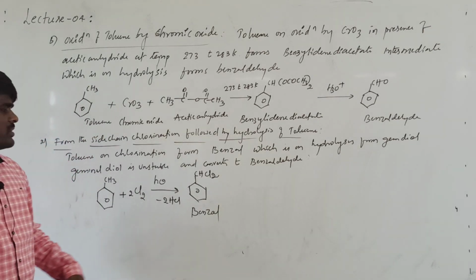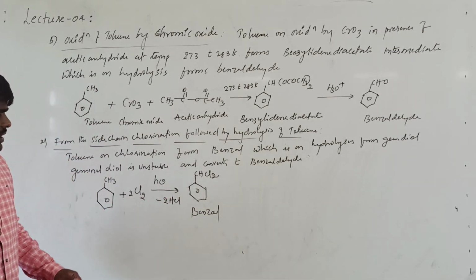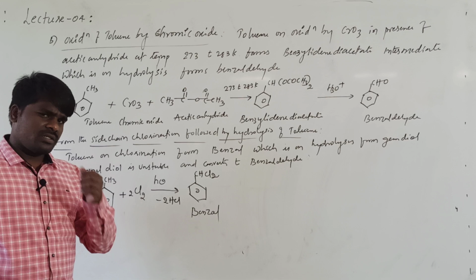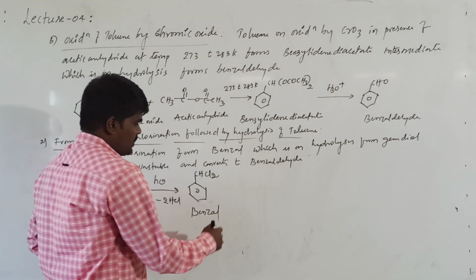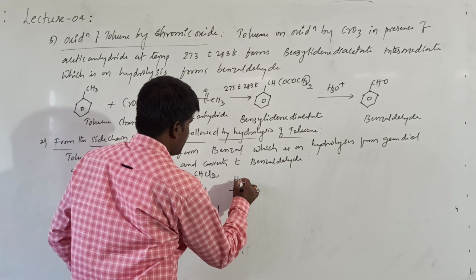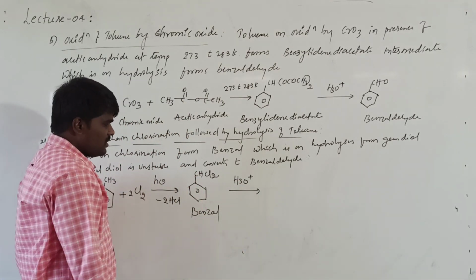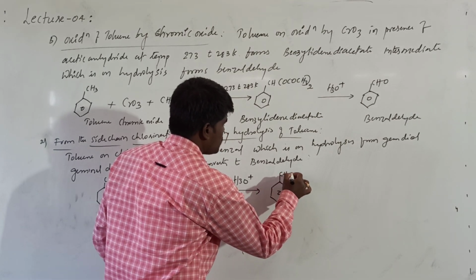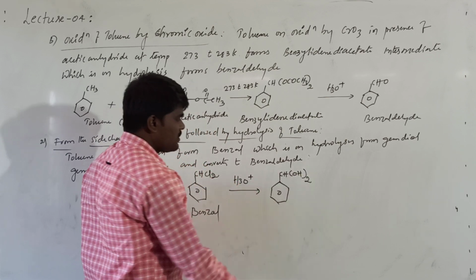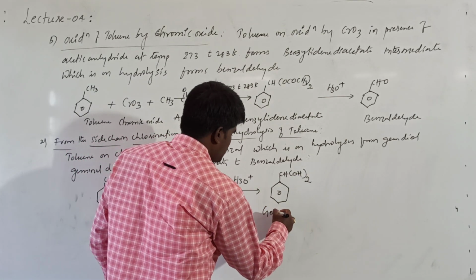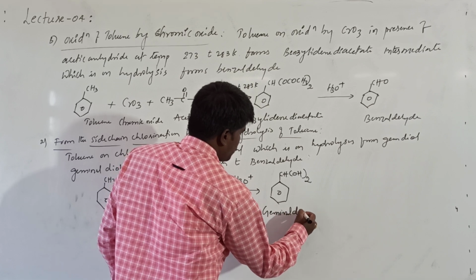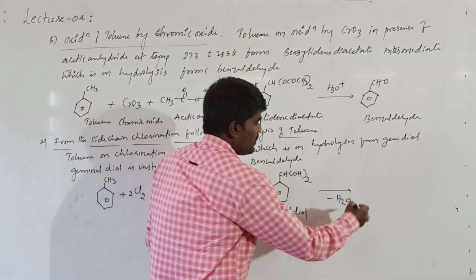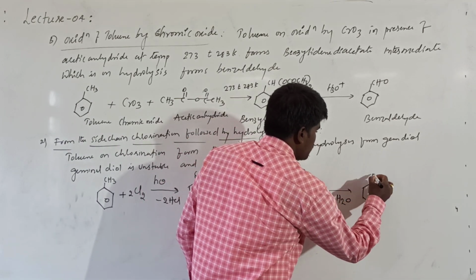What do you call it as? This dichloromethyl benzene can also be called as dichlorotoluene. Okay. Now this is on hydrolysis. If you hydrolyze this particular compound, what happens? Here it will be converted into CH(OH) taken twice. This is geminal diol we call it as. This is unstable. It undergoes elimination of water molecule and it will be converted into benzaldehyde.